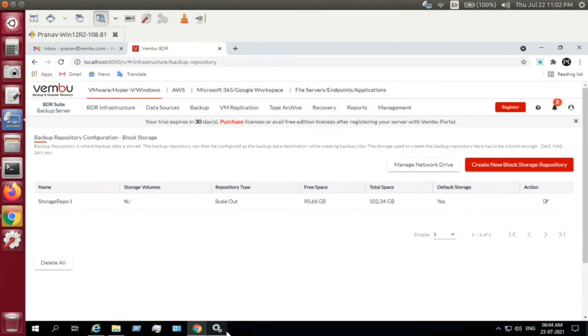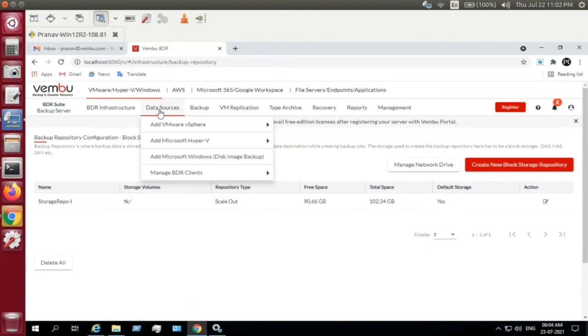Once you change your logon to administrator privilege, come back to data sources, the second tab after your backup infrastructure. You have your add Microsoft Hyper-V option. You can click on that. You can add a Hyper-V cluster if you have a number of nodes attached to a cluster, or you can add a Hyper-V standalone host or an SMB service.